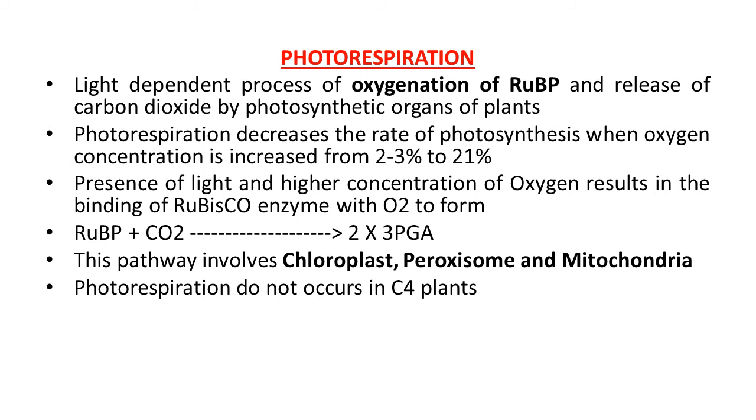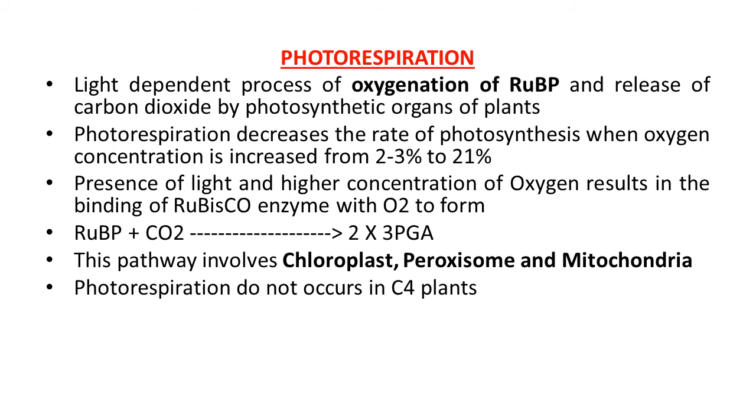In C4 plants, photorespiration does not occur. This is because they have a mechanism that increases the concentration of CO2 at the enzyme site. This takes place when the C4 acid from the mesophyll cell is broken down in the bundle sheath cell to release CO2. This results in increasing the intracellular concentration of carbon dioxide. In turn, this ensures that Rubisco functions as a carboxylase, minimizing the oxygenase activity.